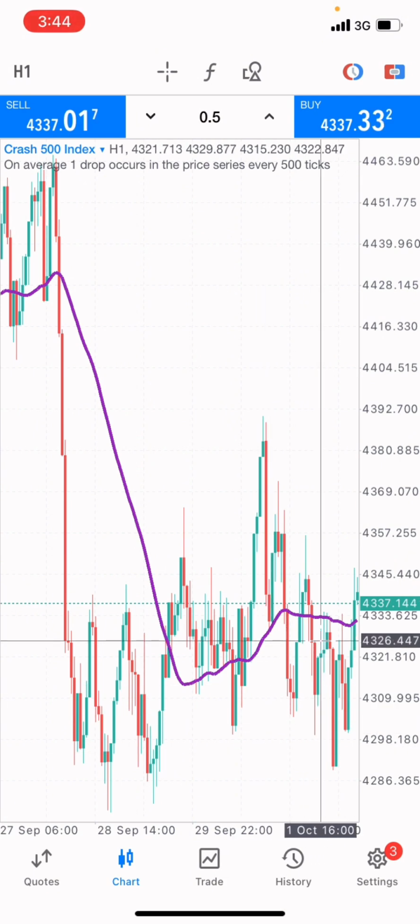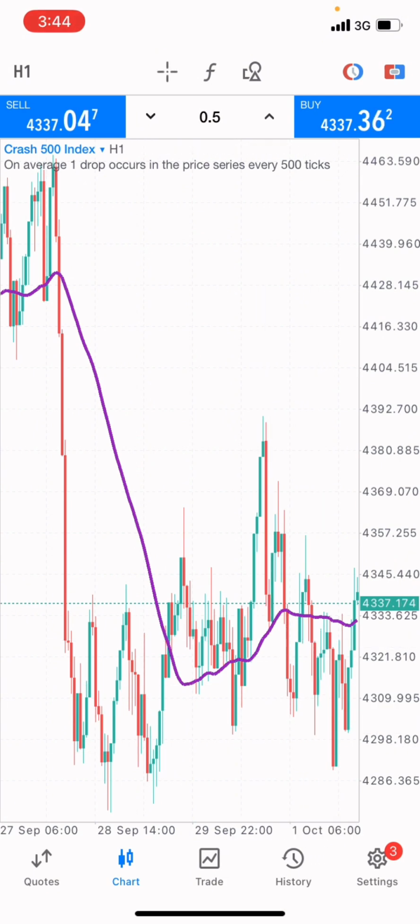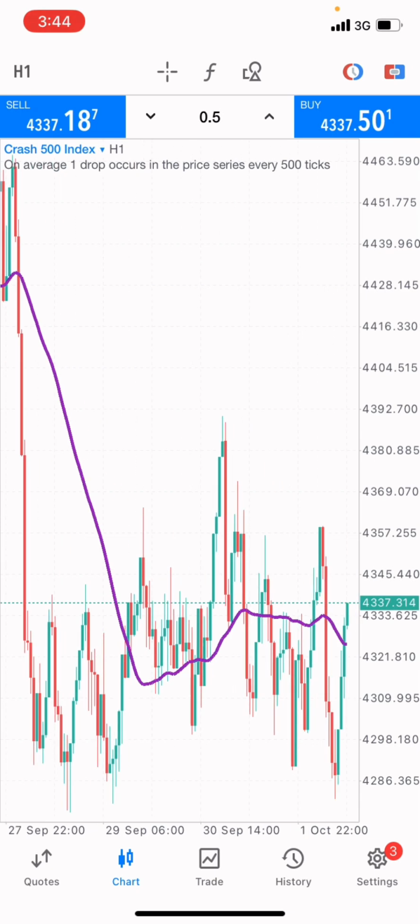For it has been doing that for a long period of time. So the market will not continue to do this again for another long period of time. So this means that the market needs to start buying. All right, even though it will follow that same pattern for a very short period of time before it will start going upwards. So these are things you need to watch out for.